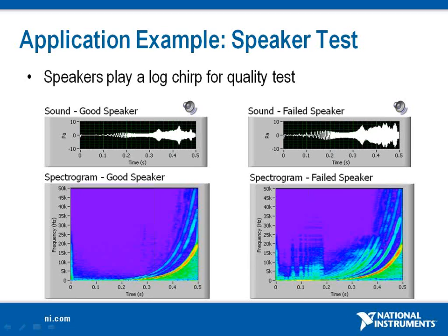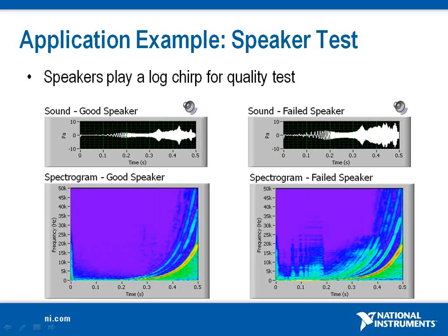Time frequency analysis can be used in production testing. Here is an example in speaker production test. In production testing, speakers play a long chirp. Operators listen to the speakers and judge the quality of the speakers. A long chirp is a time varying signal whose frequency changes from 10 Hz to 20 kHz. You can use time frequency analysis algorithms to analyze the sound generated by a speaker to judge the quality of